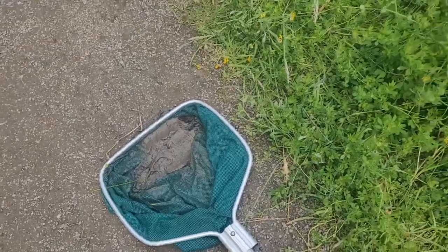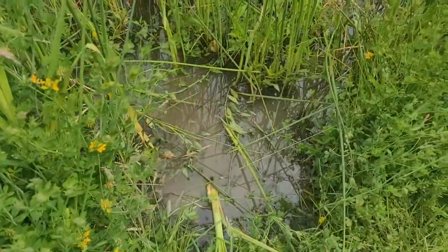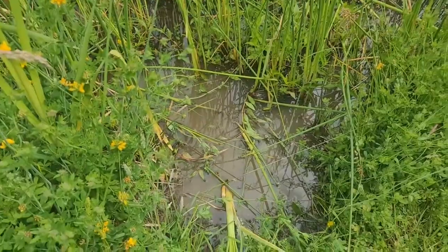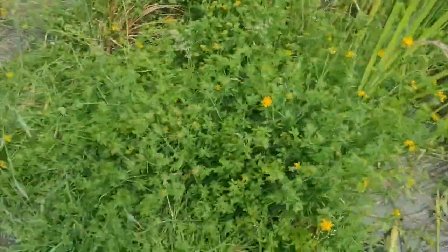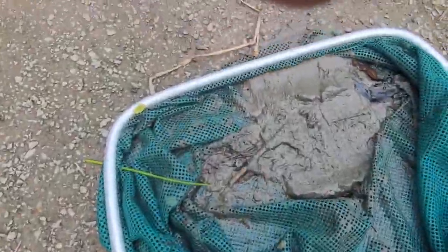And again, we've got more. You can actually see the water moving with them here. And I put my net in, and you get a couple each time. You get this thick mud because they're only in about an inch of water, and you don't think you caught anything, and then you move it aside, and there's more